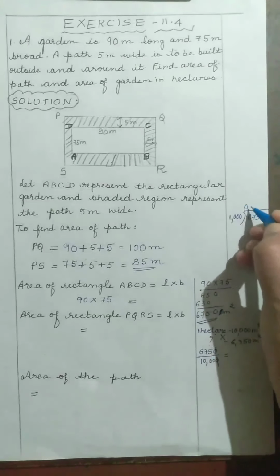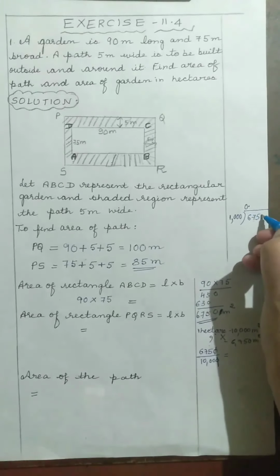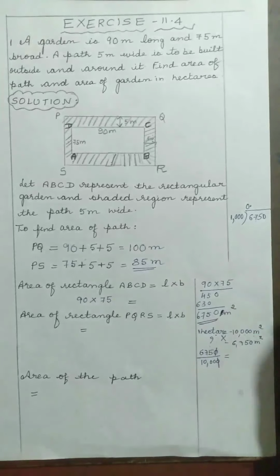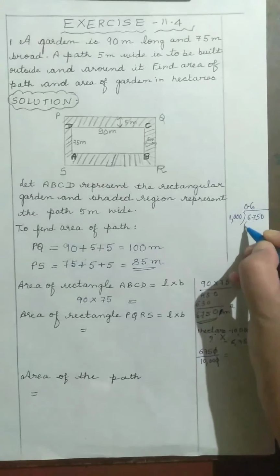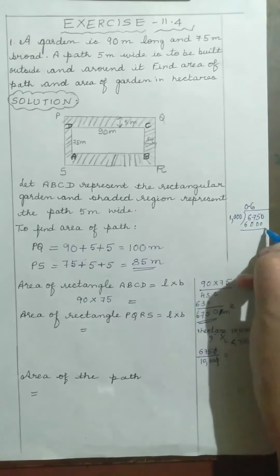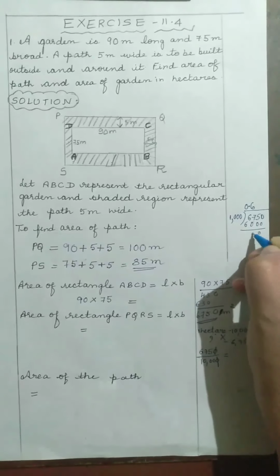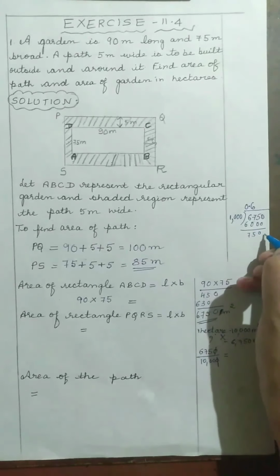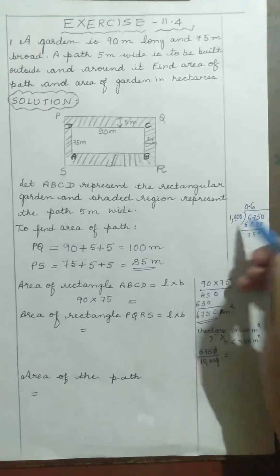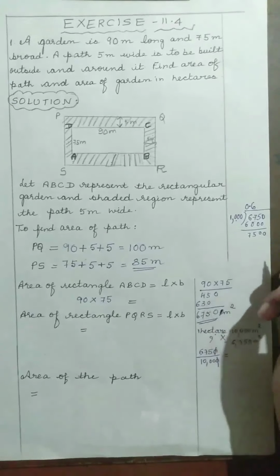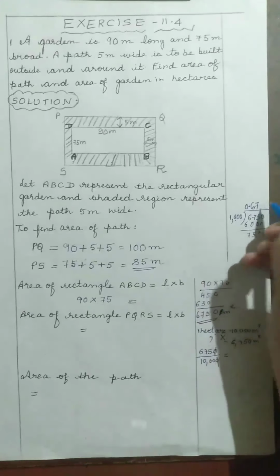So take 0, then put a decimal point, take here 0. Then 1006 is a 6,000. Then you will get 0, 5, 7, 750. Again it is lesser than 1000. So take 0. 1000 sevens are